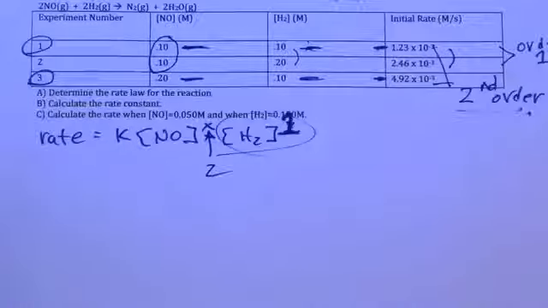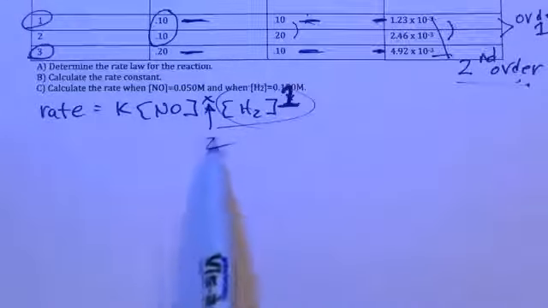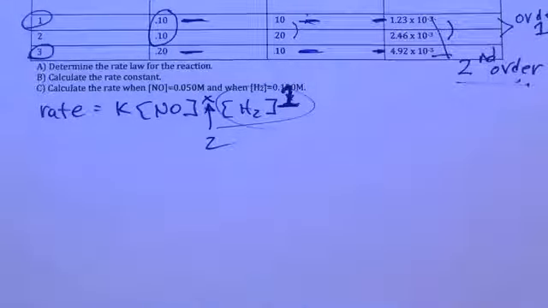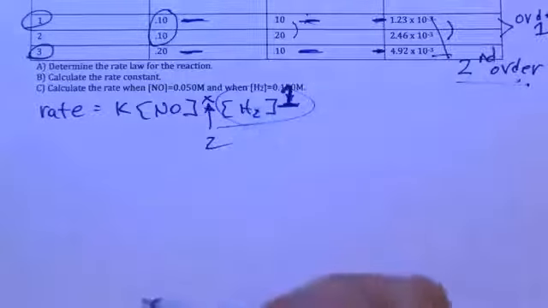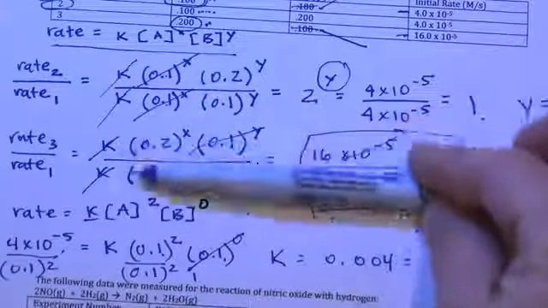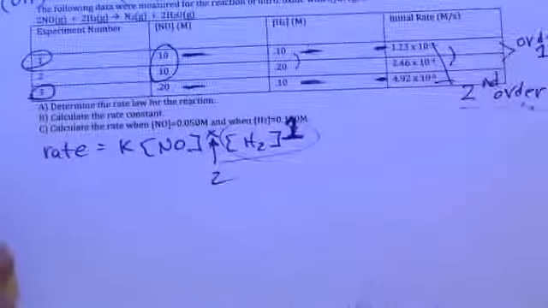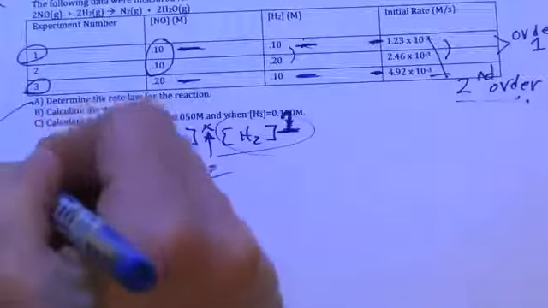Now, you may encounter other exponents other than 1 and 2, or 0, which we encountered up here. But these are the most prominent, 0, 1, and 2, and we'll focus on those a lot during this chapter. Although on past exams, there have been some 1/2s, which would be square rooted, of course, and there could be some other strange numbers here as well for the orders. But just by examination, we can determine the orders of the reactant, and we don't have to do all this comparing right here. It's nice to be able to fall back and do this comparing if needed, but you don't necessarily have to. So just by taking a look at these, we've come up that the rate expression is